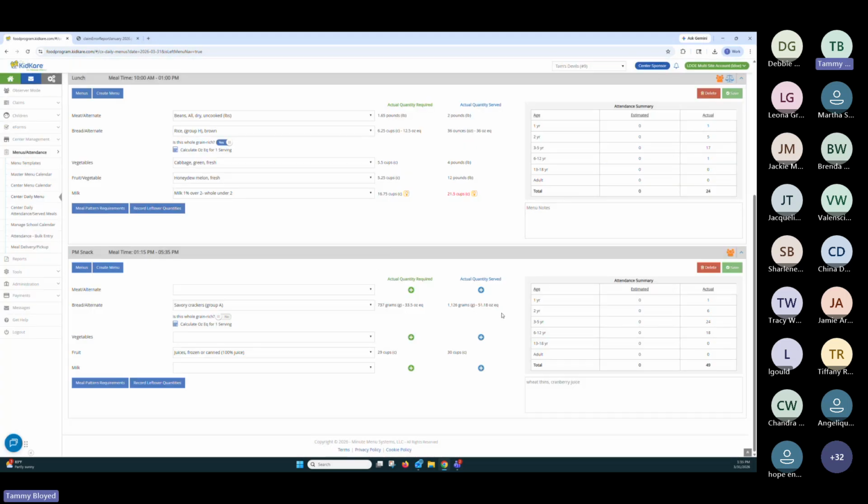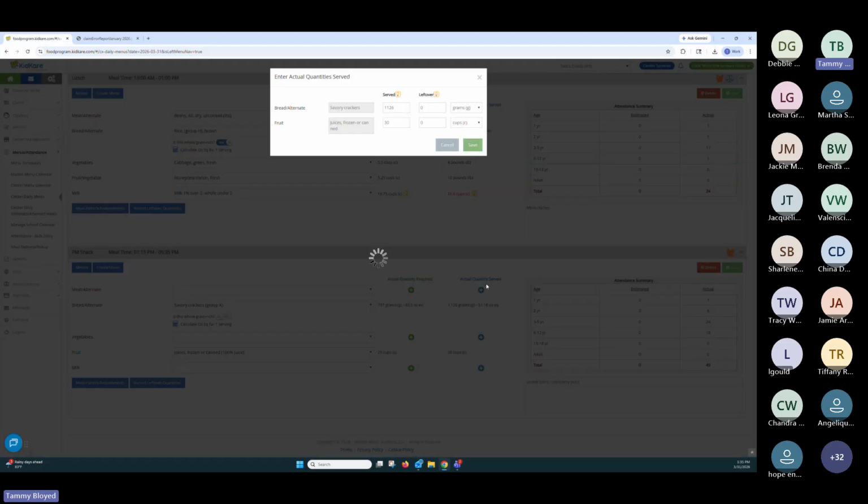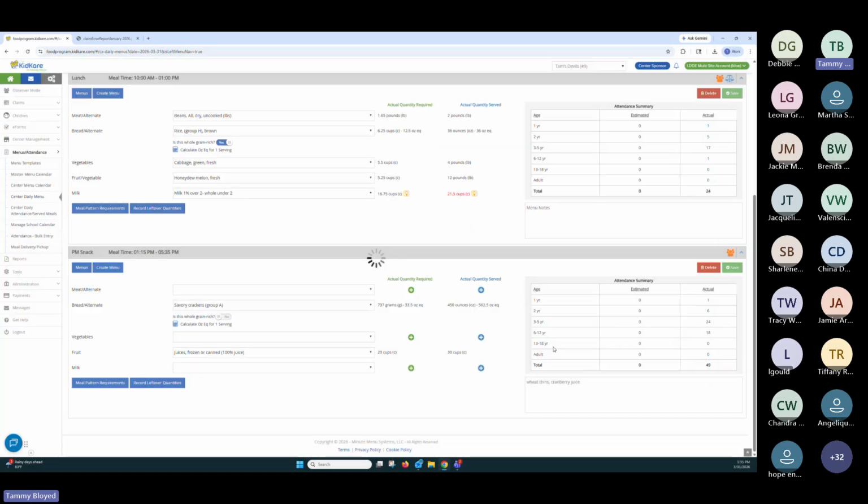And then that will tell you that. Or you caught it the same day, you saw it was red before you went home, so you go back in the kitchen and ask her, hey, how much of those wheat thins did you actually use? And she tells you, oh, it was 1.5 boxes. Well, you pick up the box and it's a 300-ounce box instead of grams. They don't have the grams listed on there. So if it was 1.5, then 300 ounces is going to be 450 for 1.5. You're going to change the grams back over to ounces. Record how much you're actually serving, please. Do not match the numbers in KidKare.